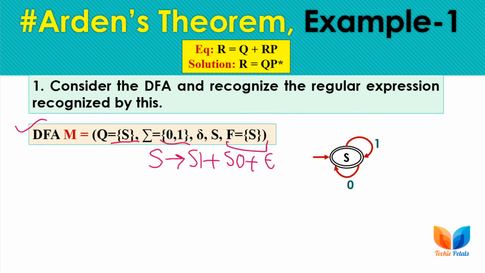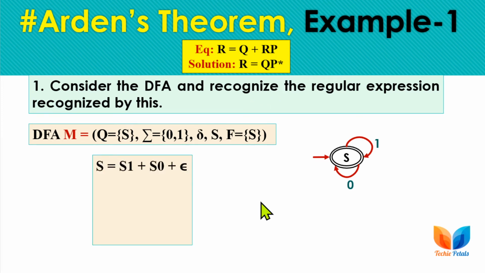Next you have to solve this equation, and if you encounter such a type of equation while solving, then you can directly replace it with this solution. So you have to keep in mind these equations for substitution of the solution. This is the final equation corresponding to the state S. As we have only one state, we have only one expression to solve here.